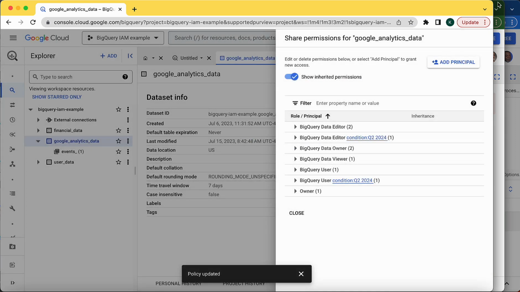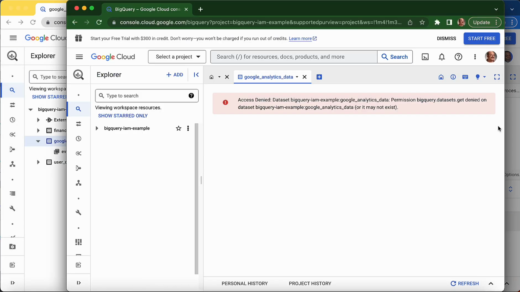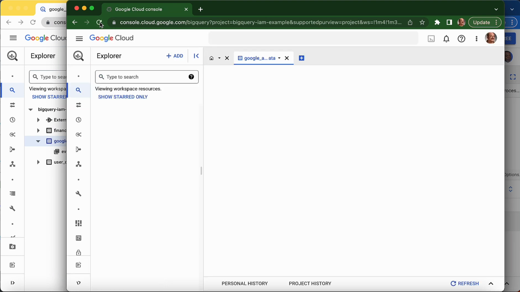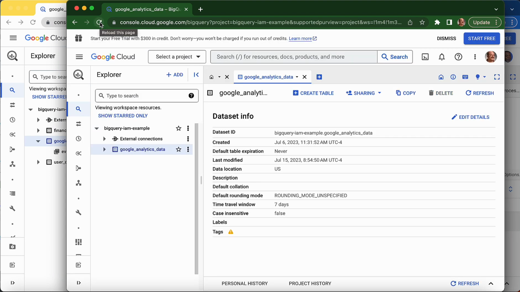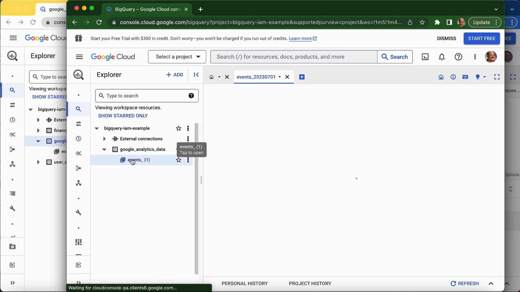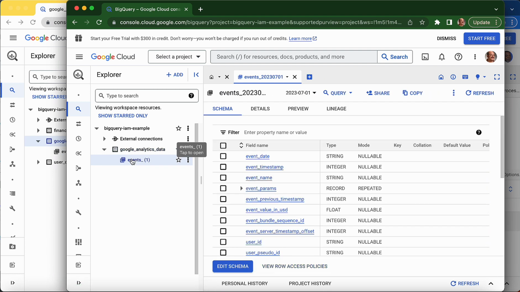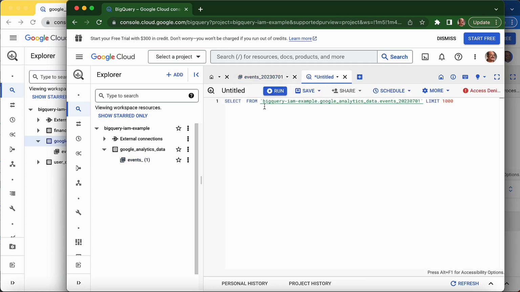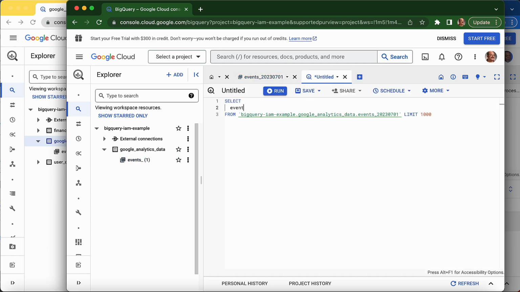And this is where a lot of people stop, but this is not the end of the process, and I'll show you why. If you go back over to Tobias's window, refresh the page, you will notice I now have access to the data set. I can see the details, and I can click down and I can see the tables inside this data set. However, the problem comes when you attempt to run a query. So I'm just going to write a simple query. I'm going to select the event name